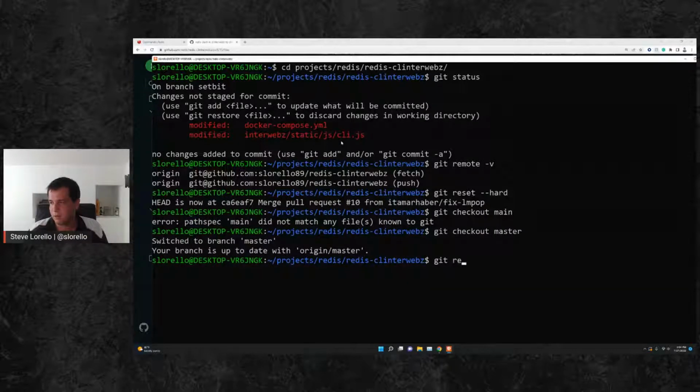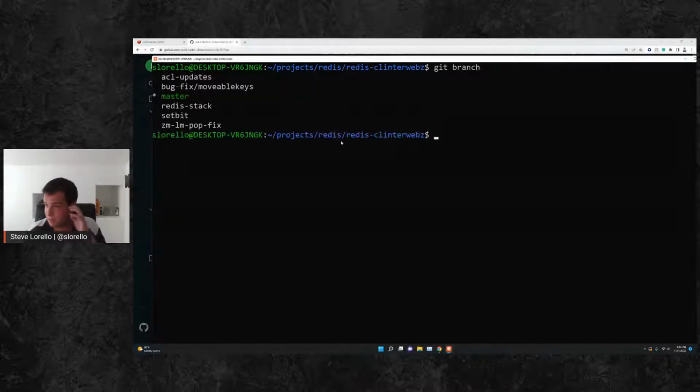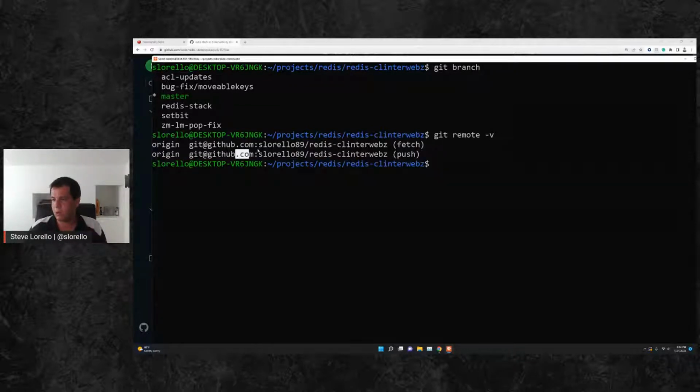Actually, git reset, clear, and I do a git branch. You'll see that I have this Redis stack branch here. Probably the origin is set to my upstream repository, slorello89. It's set to my fork, so I don't have to worry about any of that. But if I do a git checkout stack,